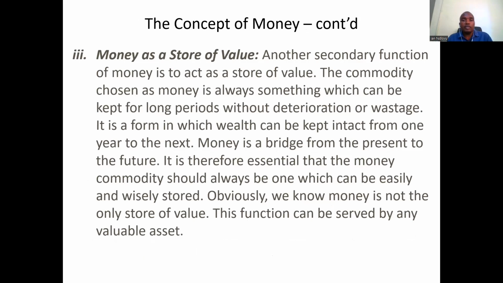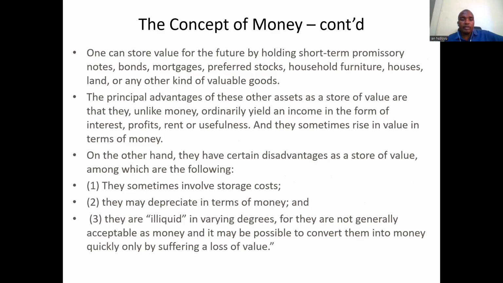So we know that money is also used as a store of value, which is a secondary function, that you can store value in terms of money, and you can use money as a bridge to cross to the future, so to speak, by capturing and impounding the value of commodities in money, so that you can command those commodities in the future as and when you need them. So we know that there are storage costs that are involved in storing physical commodities and trying to exchange them in the near future when you need certain commodities. But when you are storing money,